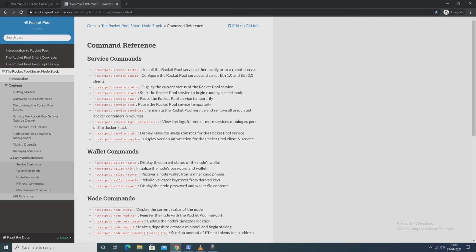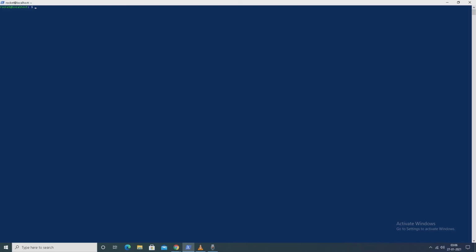The command here is Rocket Pool wallet status.